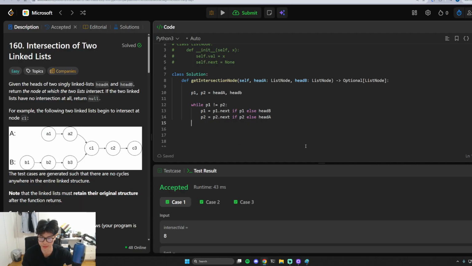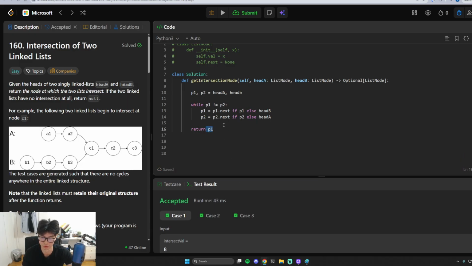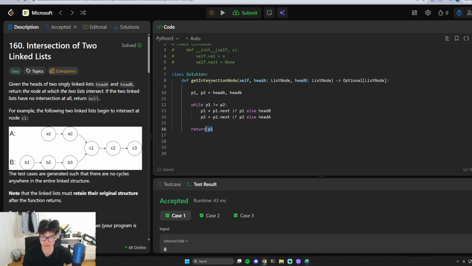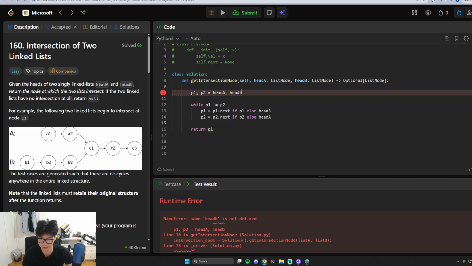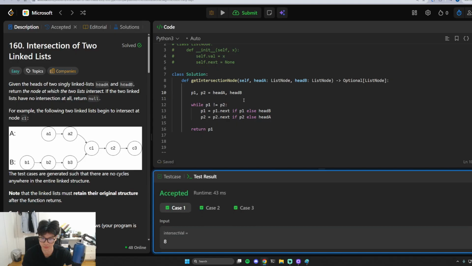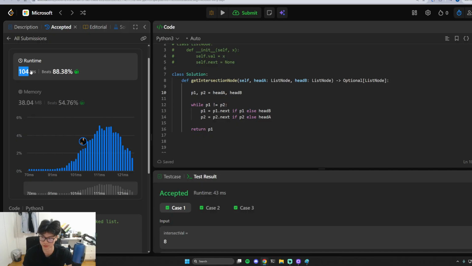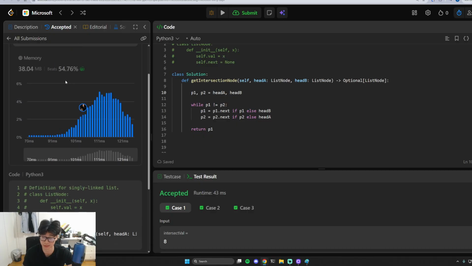And if we don't, we could just return P1. It doesn't really matter, because again, we're returning at this point. They will have intersected. So yeah, head B is not defined. Capital B. Yeah, so this one works too. And as you can see, the runtime I believe was like 50 milliseconds less latent, but